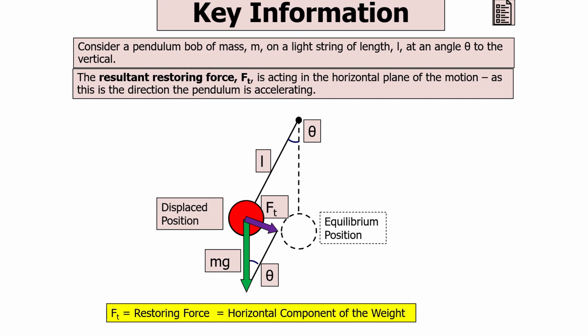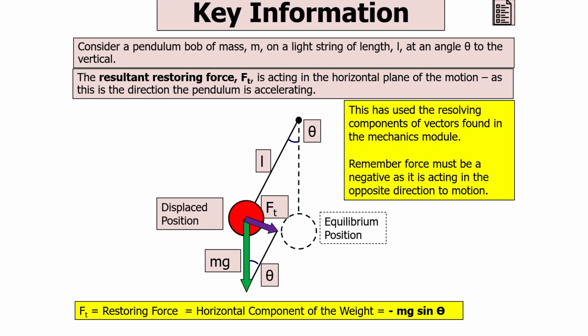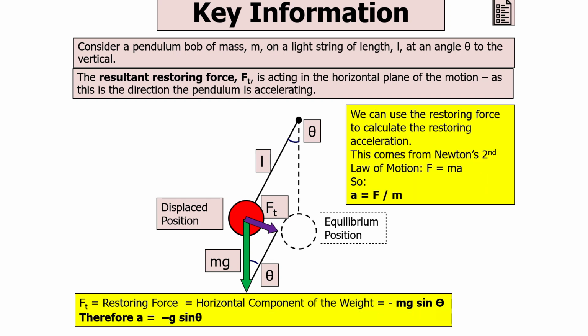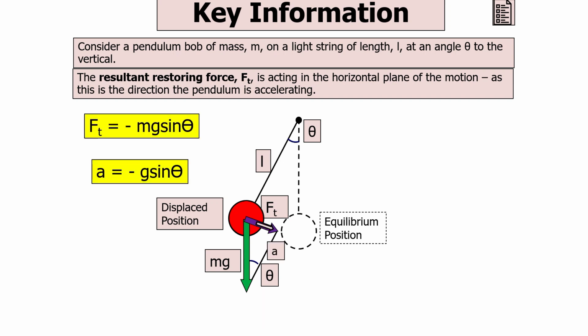So the resultant restoring force is the horizontal component of the weight, which is equal to minus mg sine theta. Now this has been found using the resolving components of the vectors found in the mechanics module we looked at previously. Now remember, the force must be negative as it's acting in the opposite direction to the motion. We can then also use this to calculate the restoring acceleration, which comes from Newton's second law of motion, where F equals ma, so a is equal to F over m. So therefore a is equal to minus g sine theta. So what we know is F is equal to minus mg sine theta and a is equal to minus g